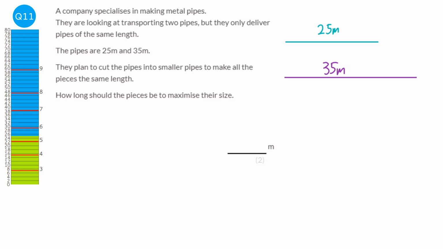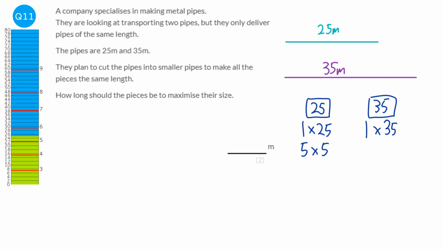To find the highest common factor, we find the factors of 25, which is 1 and 25 and 5 and 5, and the factors of 35, which will be 1 and 35 and 5 and 7. And the highest common factor is the highest number in both lists, so it's 5. So what we can do is